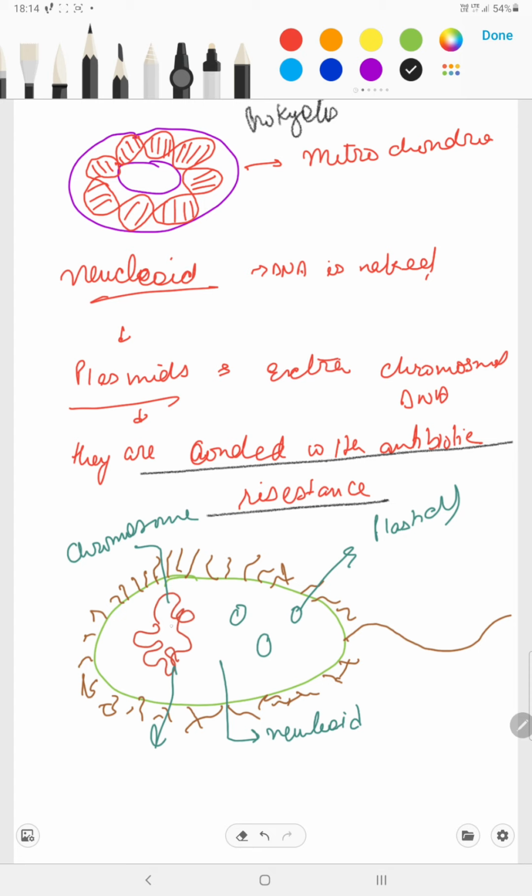Now I have drawn the structure of the bacteria. You can see here it is a chromosome. These are basically the plasmids and this is the nucleoid. This chromosome is the one that condenses and forms circular loops. And the plasmid's function I told you. Nucleoid: why is it called nucleoid? Because it is naked, it is not surrounded by the nuclear membrane. I taught this a number of times and I hope you are clear with it.